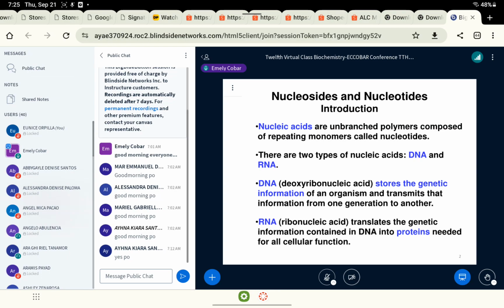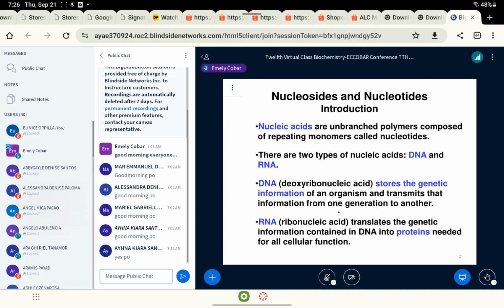And the repeating monomer is called the nucleotide. So we have nucleotides as the building blocks of nucleic acids. And there are two types of nucleic acids, DNA and RNA. Now, DNA, the abbreviation for deoxyribonucleic acid, stores the genetic information of an organism and transmits that information from one generation to another. So kaya 'yan yung responsable doon sa nakikita nating mga features ng ating katawan,